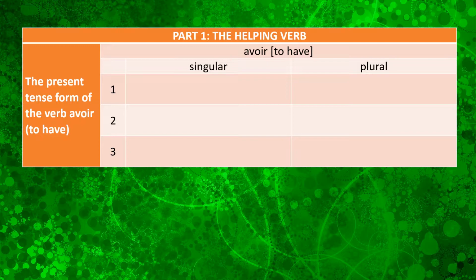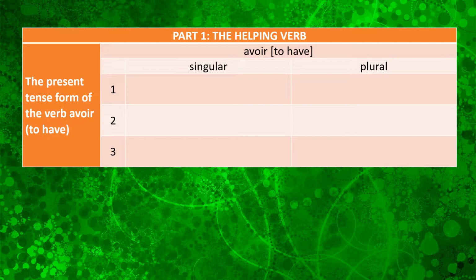But when I say I have seen the truth, I have a helping verb, I have, and then I have my past participle, which is seen. I put them both together, and it's I have seen, which is a past tense. In English we call it the perfect tense, but the French calls it the passé composé. So it's not a construction that you're unfamiliar with.